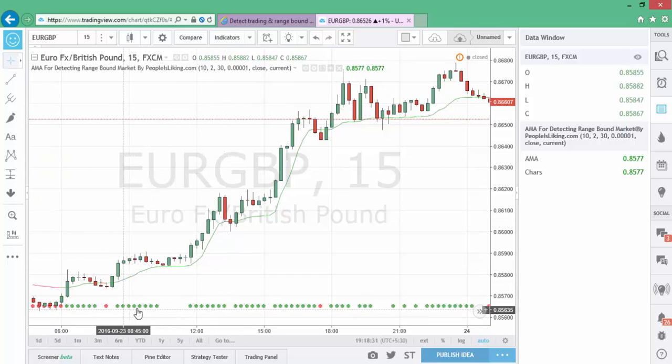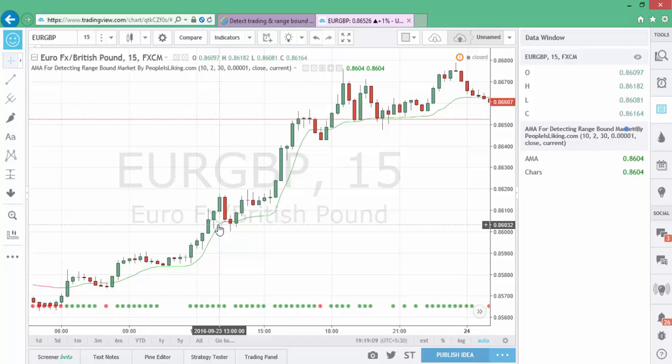The star on the bottom is saying that the market is actually trending, and here it is called a range bound market. This scenario is called a range bound market, but here you see the line is green. Its color changes from green to light green, so it's still in an upward direction, but it is a range bound market. Now it's correcting. Now it's going to be a great market.